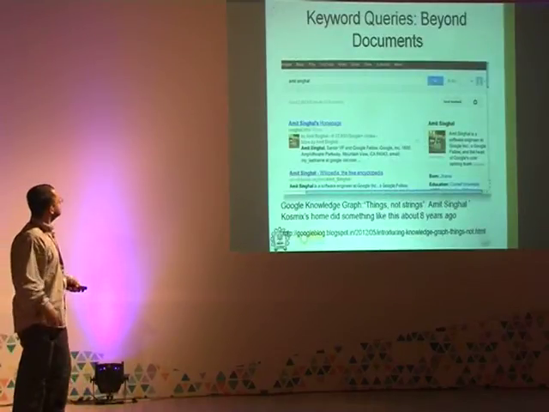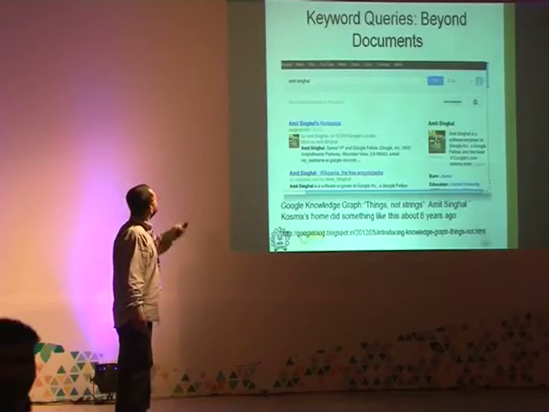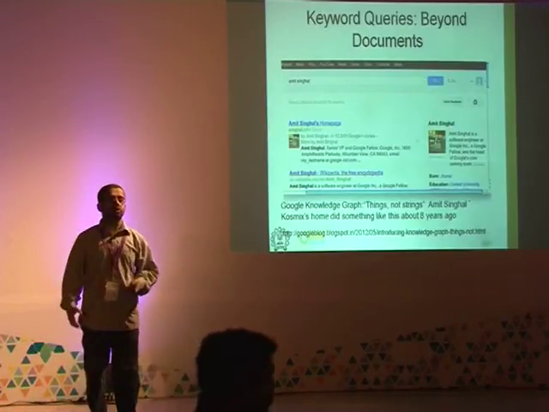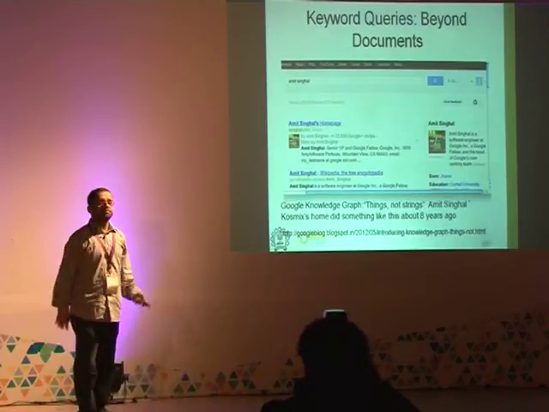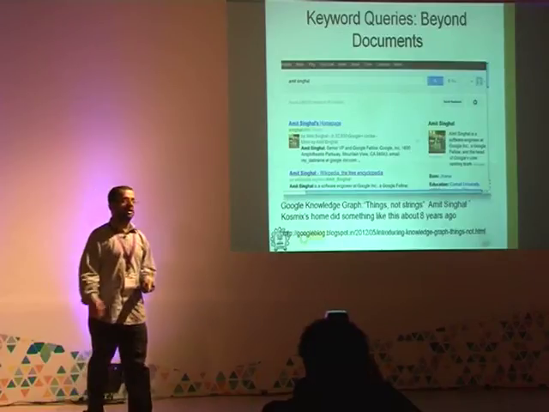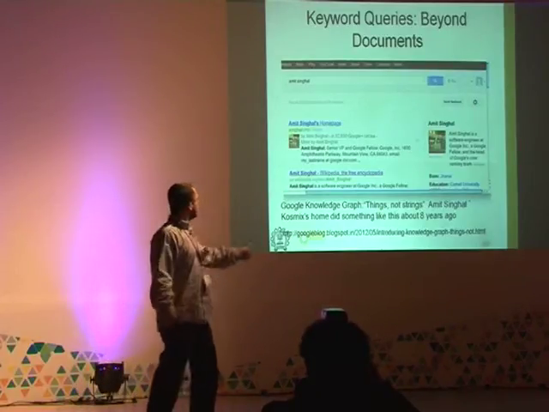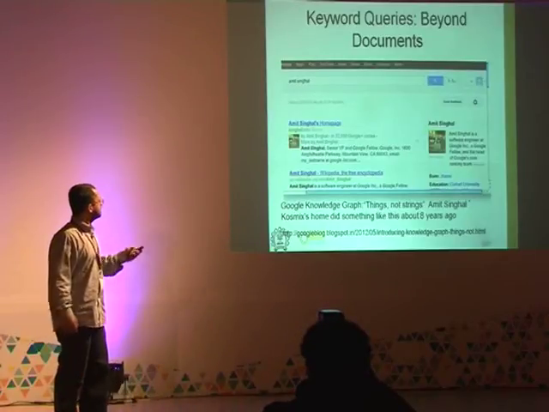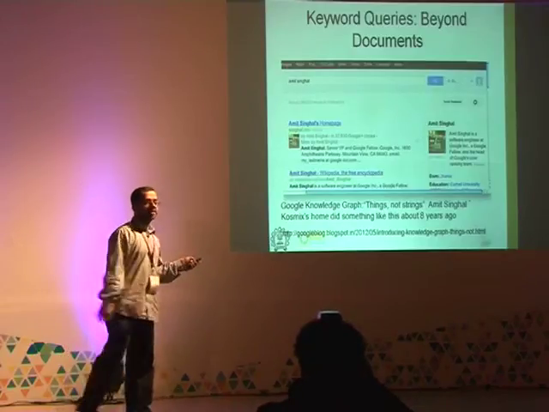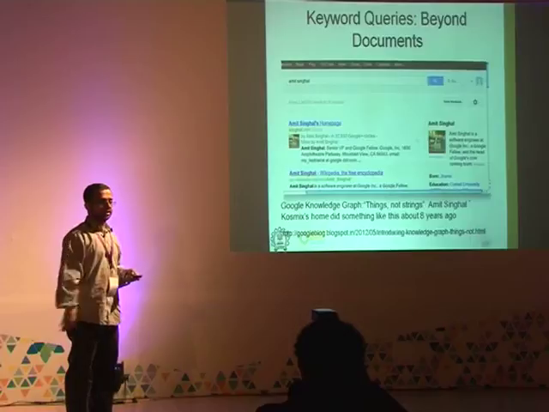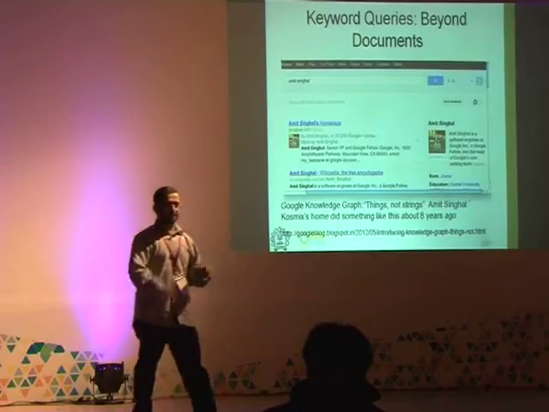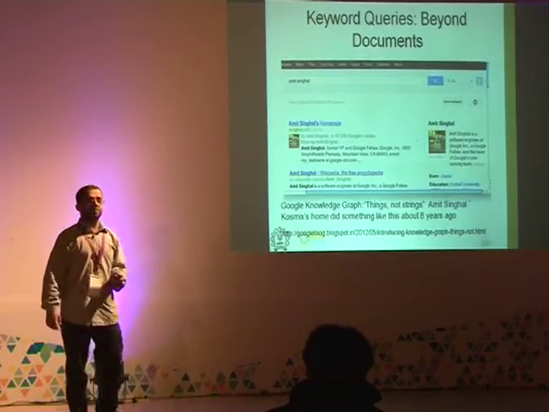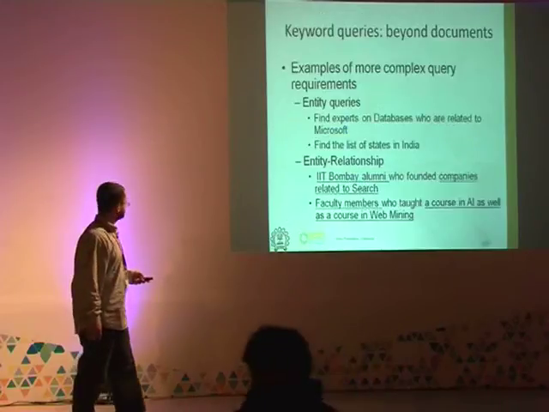Here's another example. Let's say you wanted to find information on Amit Singhal. There are no qualifiers for Amit Singhal, but you would like to explore concepts and activities related to him. The whole idea is you want to deal with things and not strings. There's this Google blog on the Google Knowledge Graph. And of course, I was speaking to Peter on the way, and he talked about the Yahoo knowledge graph, which I'm not very aware of. But I'm sure these are very interesting problems for almost any search engine company.